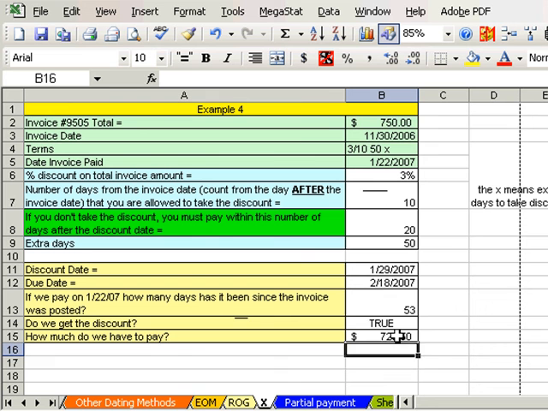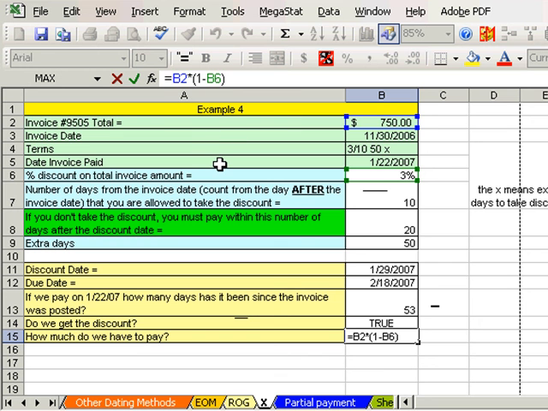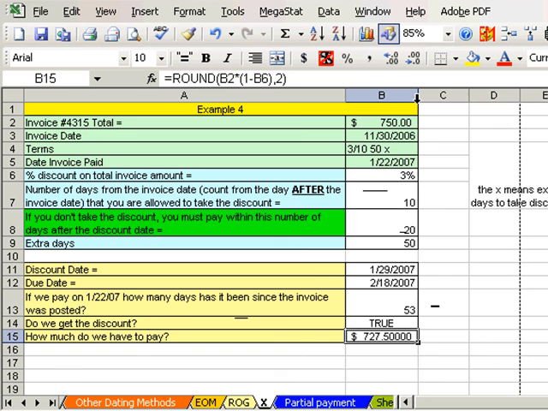Oh, but ding, ding, ding, we forgot to do something. Let's come up here. Here it wouldn't trigger any partial pennies, but I'm using my ROUND anyway. R-O-U-N-D. Open parentheses, go to the end, comma 2, and then close parentheses. Control Enter. I'm going to decrease the decimal there. 727.50 is the amount we have to pay. Hey, let's do our last little